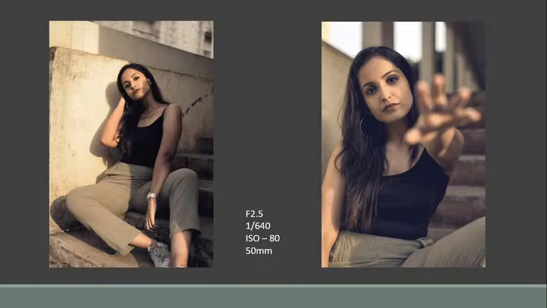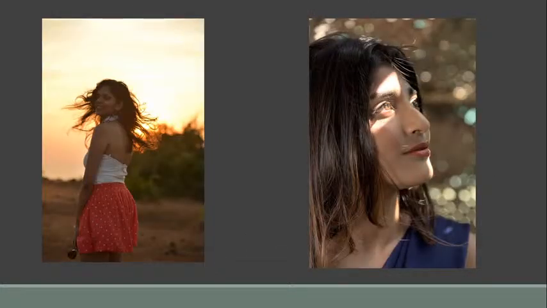So this is the golden hour field, so if you wait for more time the sun will be much warmer in tone and you can get a whole new different range of pictures from these different timings of the day, such as this is almost at the sunset of the time and you can use the sun as your background,